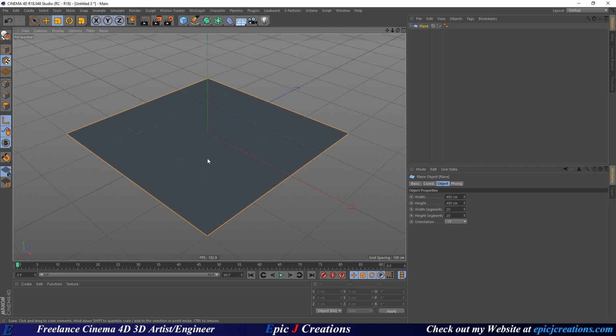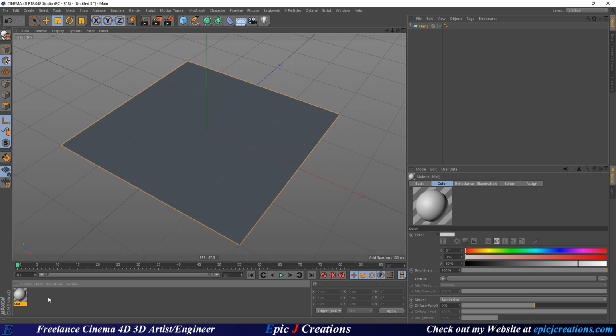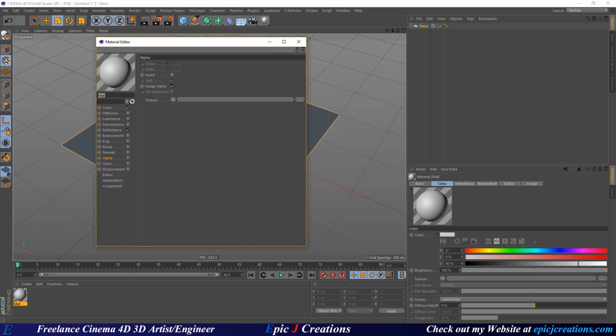So you could render in the viewport with Octane on the right while you're editing on the left, but that just shrinks your screen and makes it a little harder. So for me, I find this easier, but definitely go about that however way you'd like. I do prefer the Cinema 4D way, so that is what I'm going to be showing in this tutorial here. So all we're going to do is just double-click, make a Cinema 4D material, open it up,